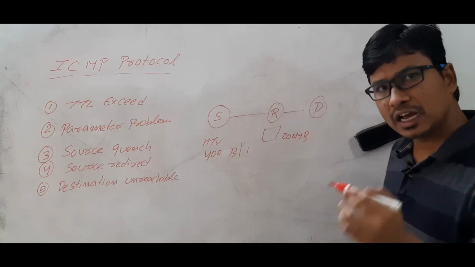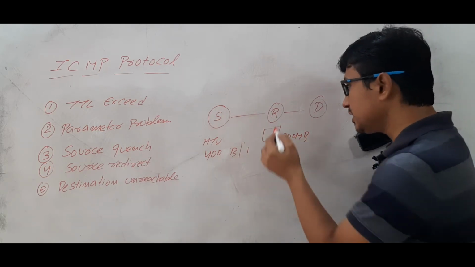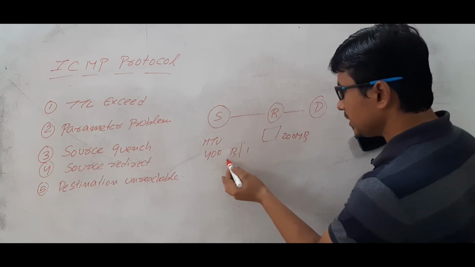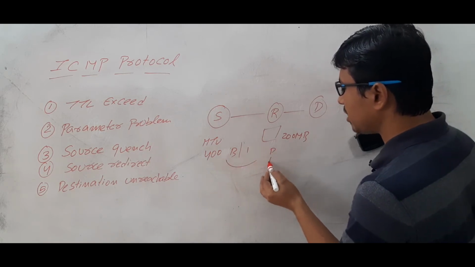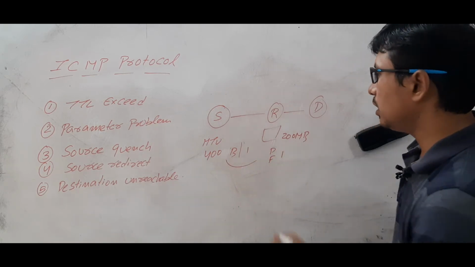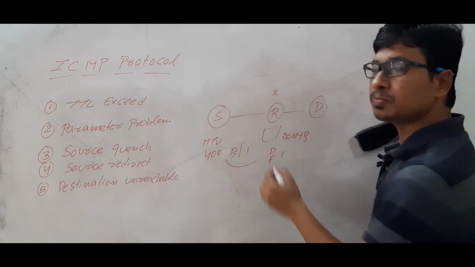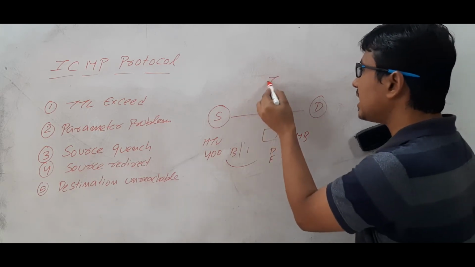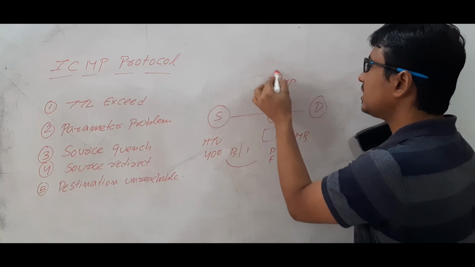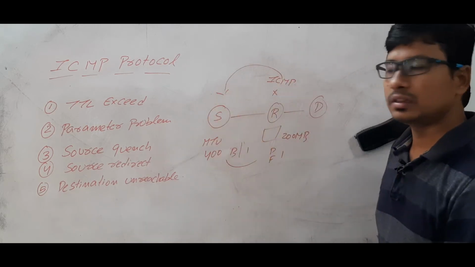Then obviously it has to do fragmentation, but it cannot do the fragmentation because the sender has kept the DF value as 1. Then the router will drop this packet and generate an ICMP packet and send it to the source